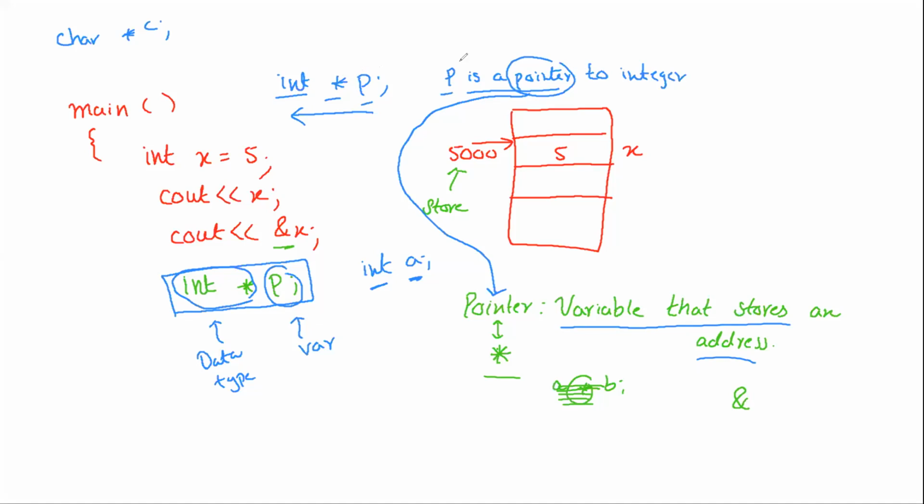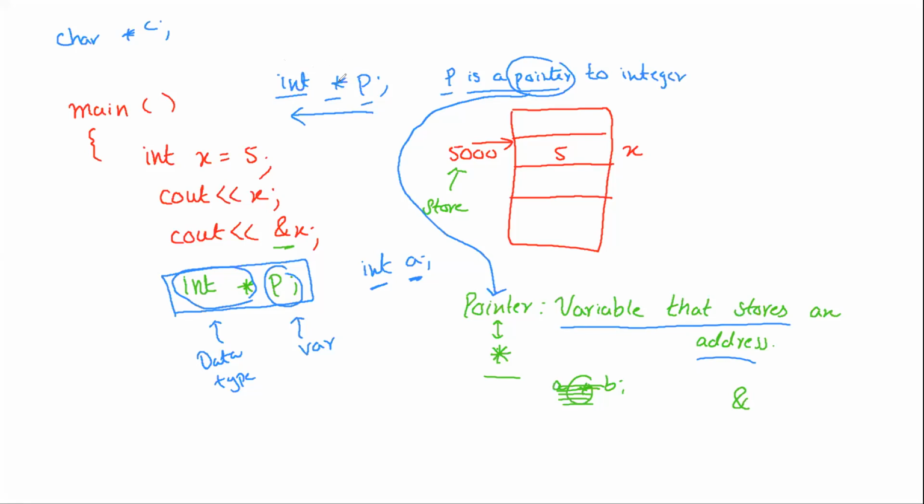So you should be very careful before we move ahead. You should be very clear about how we read it. I'll repeat it again: if you see a statement like int star p, this asterisk or star, whatever you call it, you have to read it as pointer. But you read it as pointer only when we are defining something, just like here. Somewhere else it will have a different meaning. So we are talking only about when it is written like this, and you read it in the reverse direction, from right to left. If you read it, it would be like p is a pointer to integer.